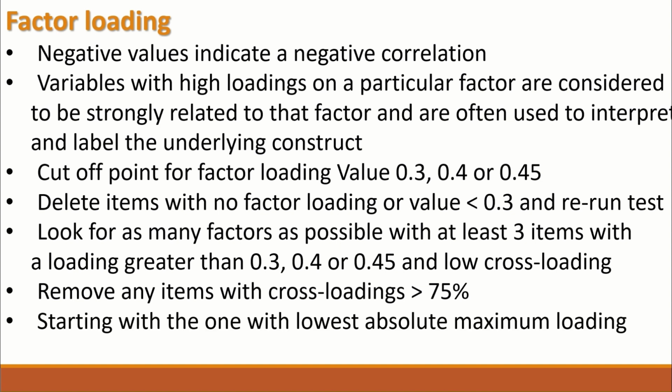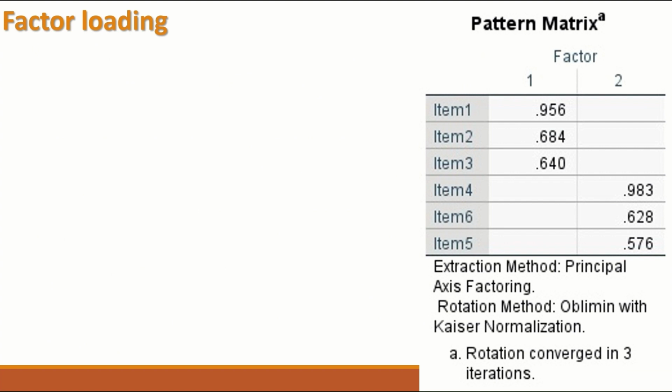Start with the one with the lowest absolute maximum loading. So remove the items that have the lowest absolute maximum loading. In the next slide, a table is extracted from an output